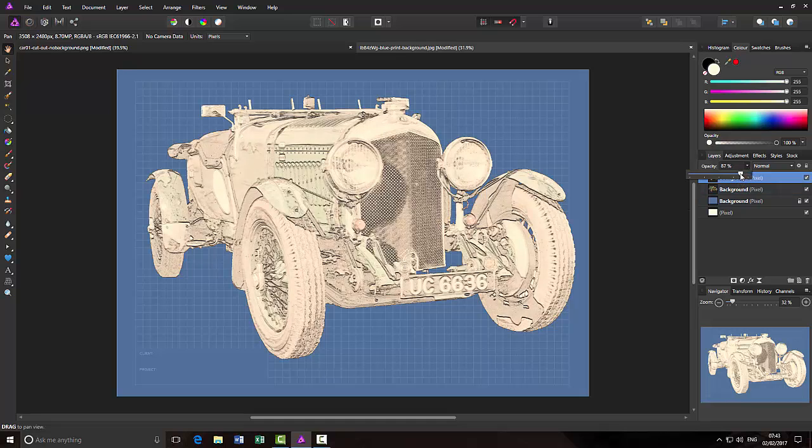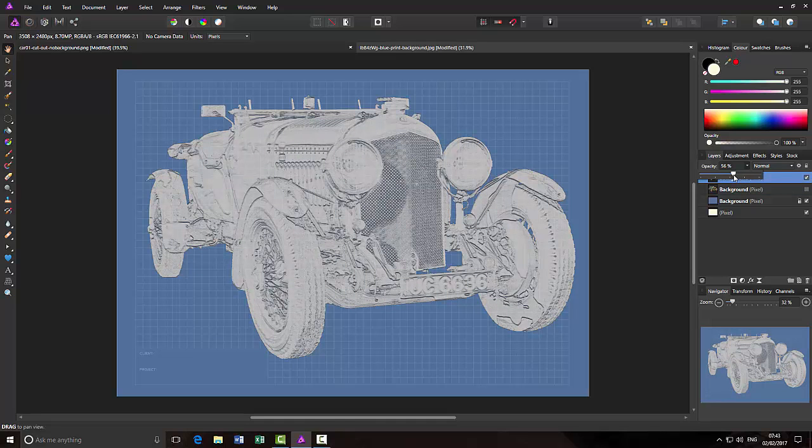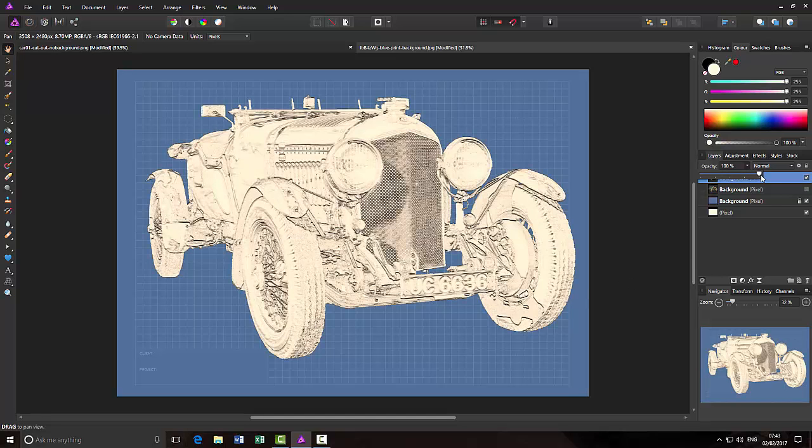Let me just try that and hide this layer below because that's coming through at the moment. I'll just lower the opacity here. You could have the grid slightly showing through this image to give it more of that drawn onto the paper type effect. And you could save it at this point and it would be very similar to the first video I made, but that's not the effect that I'm after. So I will reactivate this layer below,